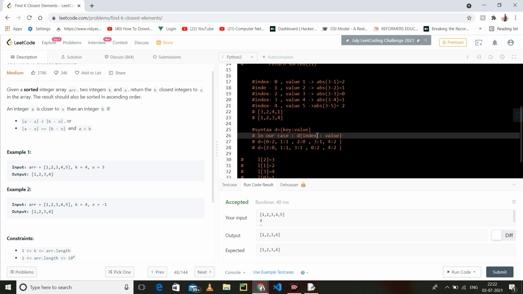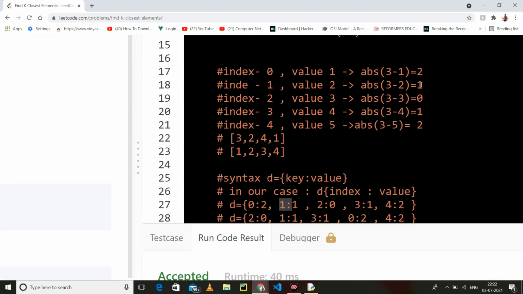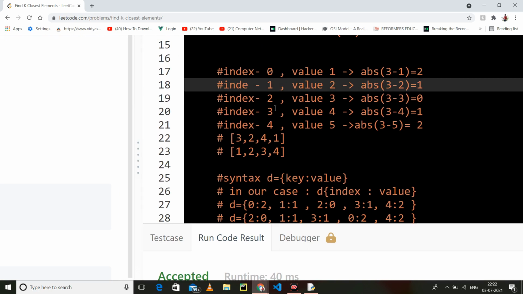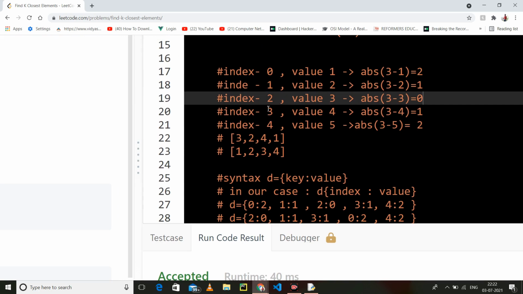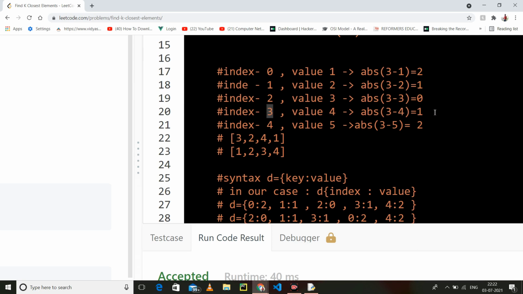So I have taken a dictionary and stored the indexes and values. Index 0 has absolute value 2, index 1 has absolute value 1, index 2 has absolute value 0, index 3 has absolute value 1, index 4 has absolute value 2.